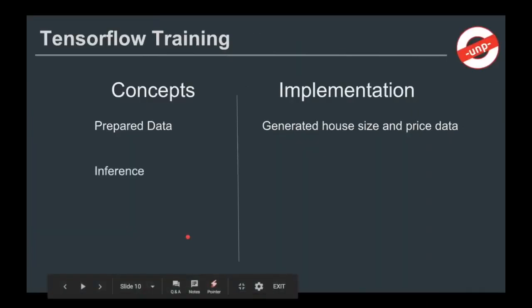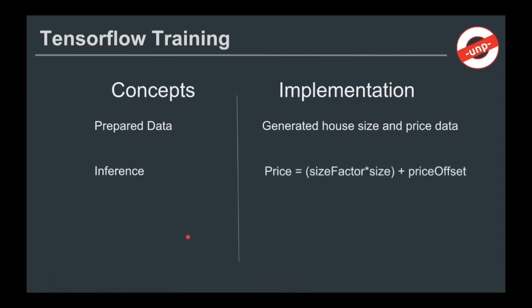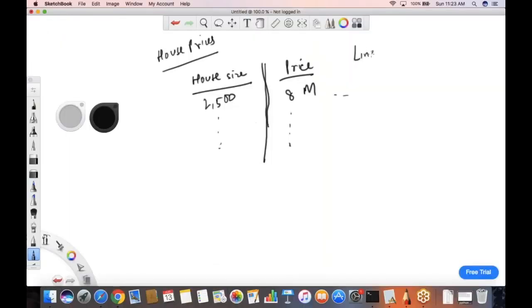the inference that we will try to draw is we will try to come up with this equation where price equals size factor times size plus price offset. Now I'm sure many of us know this equation as linear regression. For those who do not know, don't worry about it. This is just a term. So what I'm trying to say is we will try to predict the price of the house given